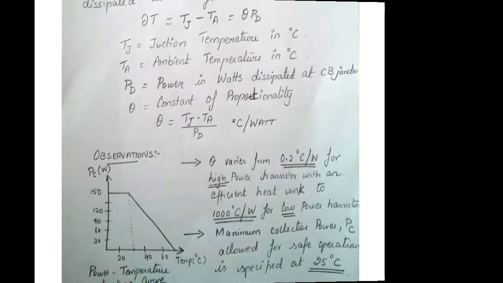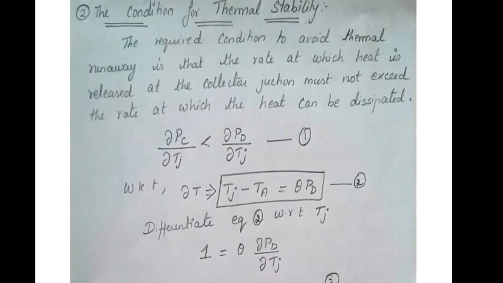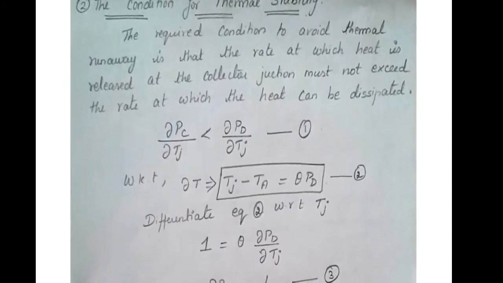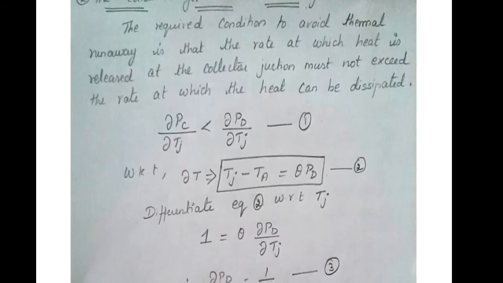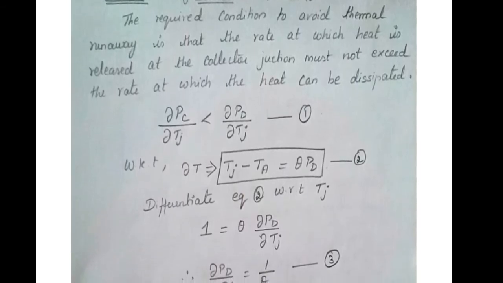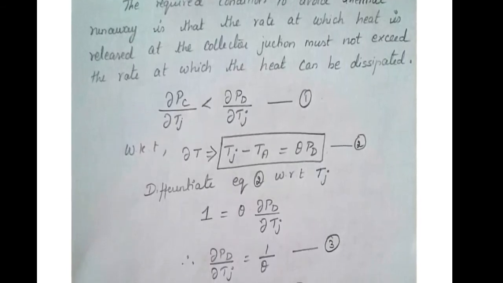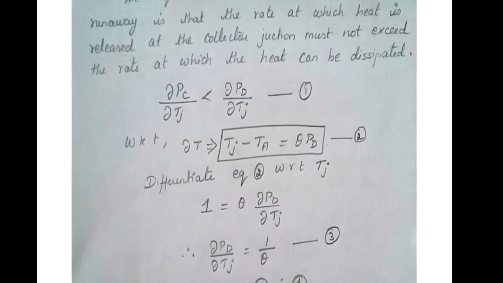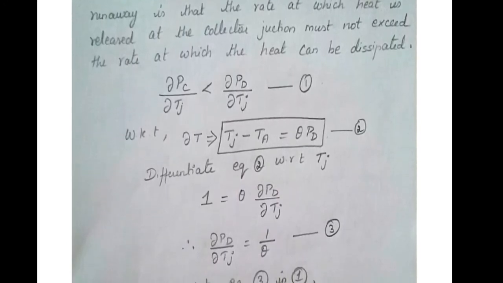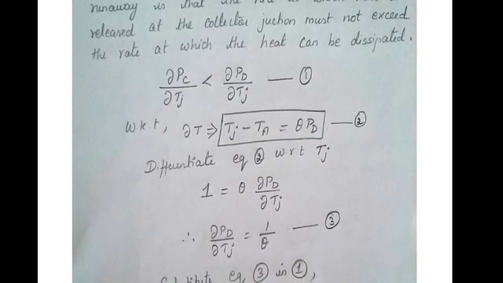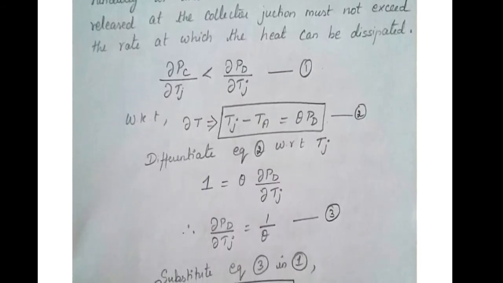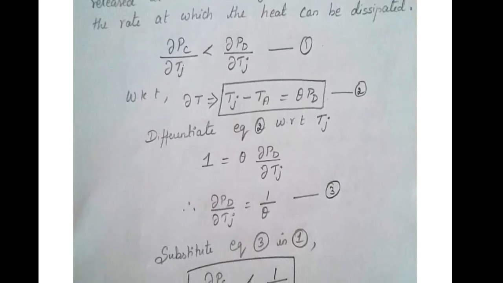Now, we shall move on to the condition for thermal stability. The required condition to avoid thermal runaway is that the rate at which heat is released at the collector junction must not exceed the rate at which the heat can be dissipated. So, ∂Pc/∂Tj must be less than ∂Pd/∂Tj, which is nothing but the collector base junction temperature should not exceed, that is it must be less than the power dissipated. Okay. We already discussed that ΔT = Tj − Ta